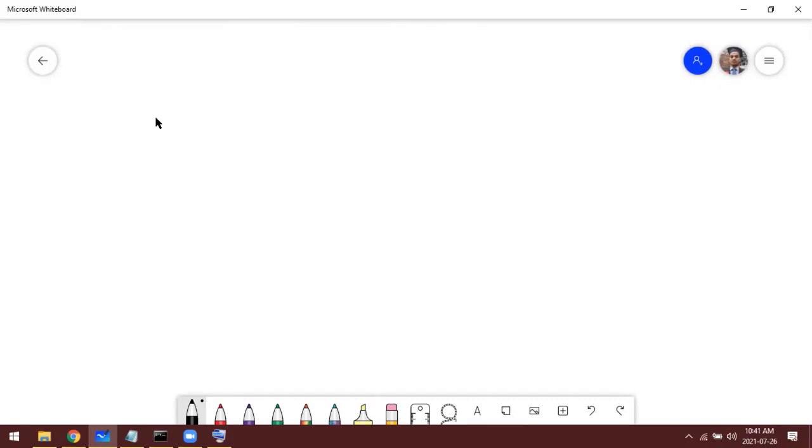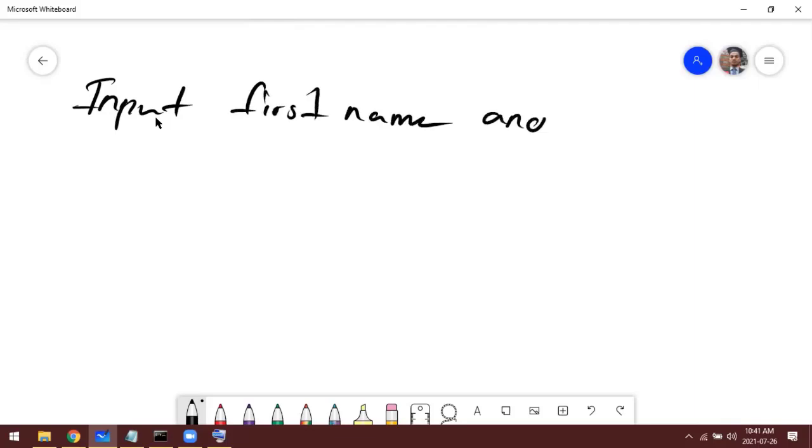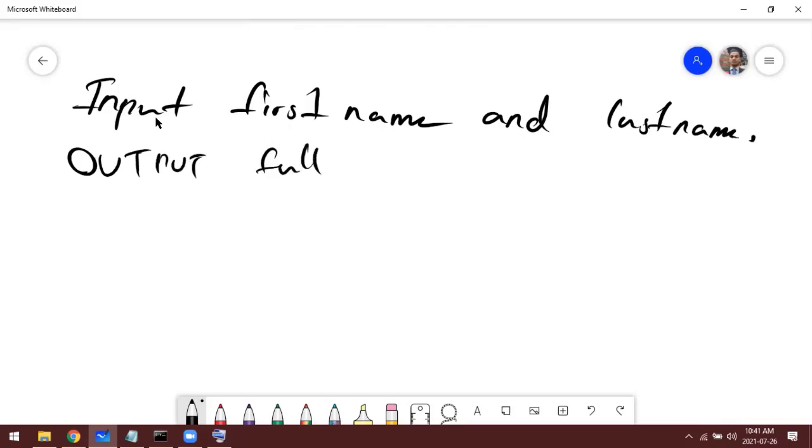Now if we want to do something like this: input first name and last name, output full name. And this is what we want to do, right? So how do we write the code?